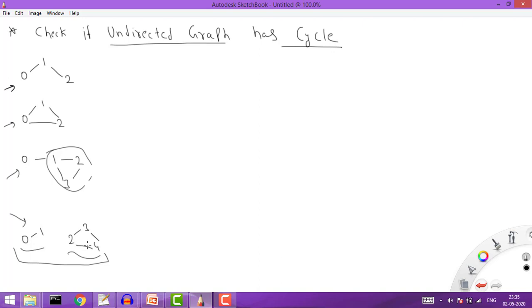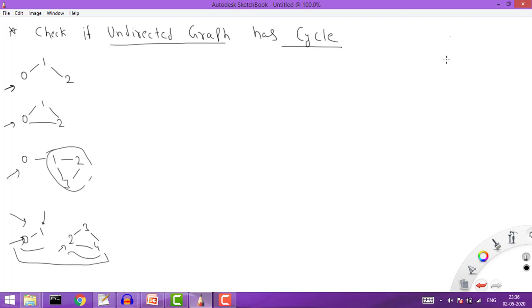Right? So if I need to find out whether a cycle exists in an undirected graph or not, then we can take the help of DFS. So what we need to do, we'll simply do the DFS. Now if you are given that your whole graph is connected, it means all components are connected to each other, then in this case we can start the DFS from any point, right? If you are not given any specific thing about whether the graph is connected or not, then by default you can assume that there might be a possibility that the graph is not connected.